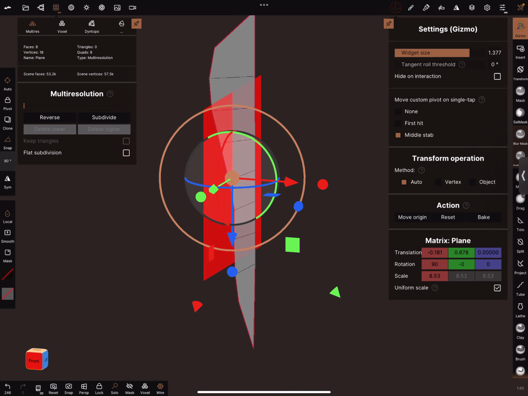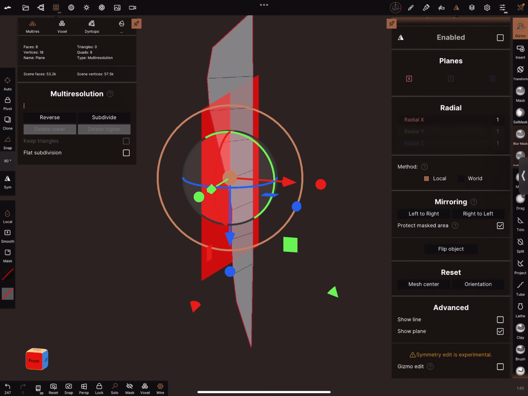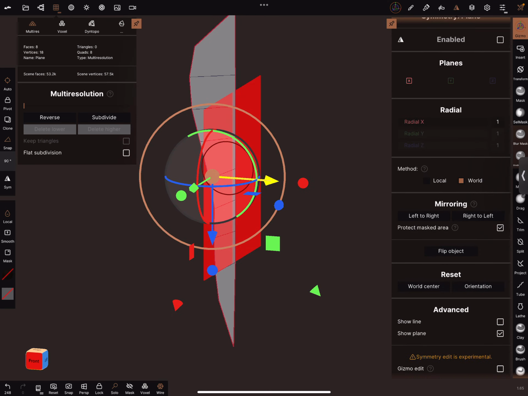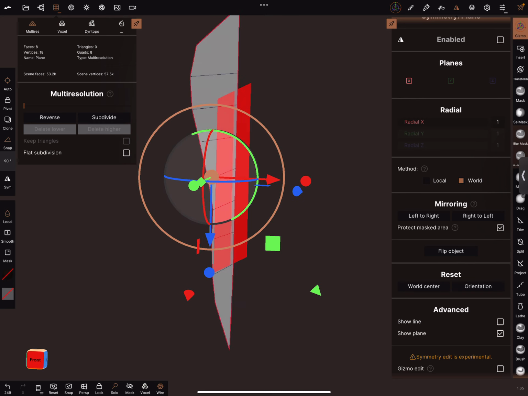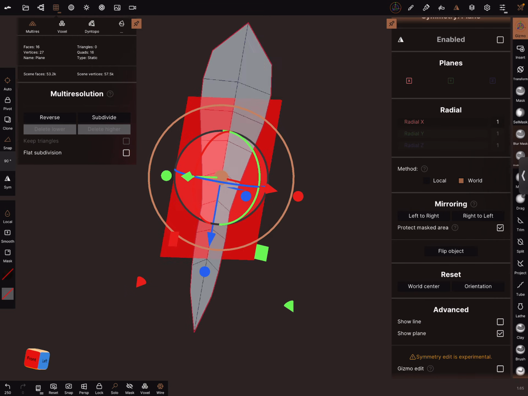And here we can change the symmetry to the world center, adjust the plane to mirror, and then we mirror from the left to the right, and our leaf is okay.